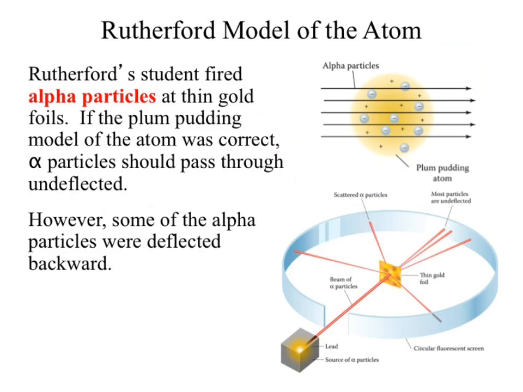Okay? Why would I say he's proving he's wrong? Well, in the plum pudding model, if we fire alpha particles at it, those positives and negatives are so small that if we hit it with an alpha particle, which is relatively large and high energy, we're not going to see any deflection. It's going to go straight on through the atom, and we won't see anything. Okay? All of our detective surface will be at the other end, and we won't see anything else.